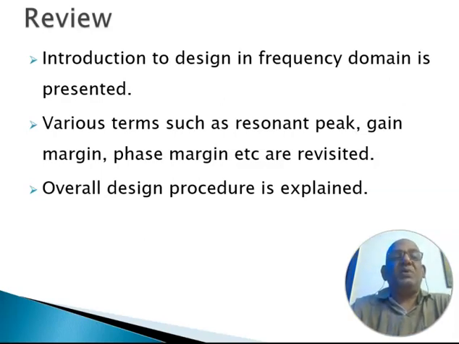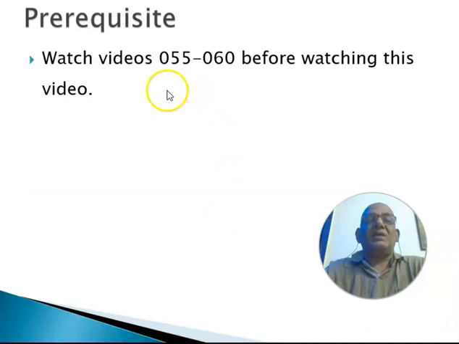That is, what is peak overshoot and how it is related to resonant peak, what are gain margin and phase margin, how they are related to the transient response specifications, and how you can infer the values of the velocity error constant, acceleration error constant, and position error constant. The overall design procedure was explained. It always helps to review the previous videos, that is 55 to 60, because we'll be building on these in